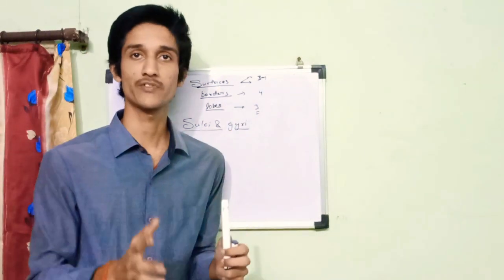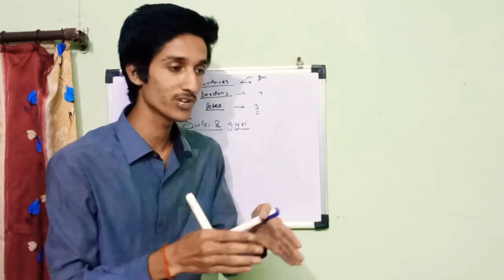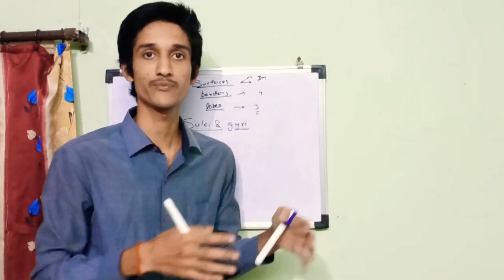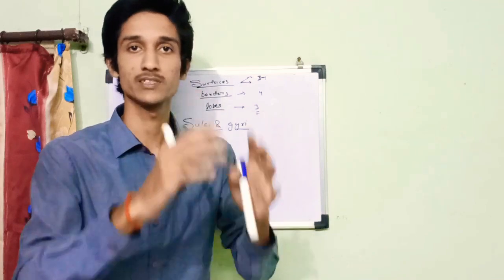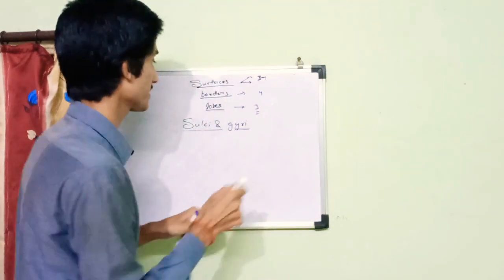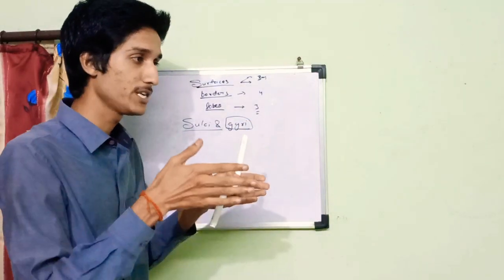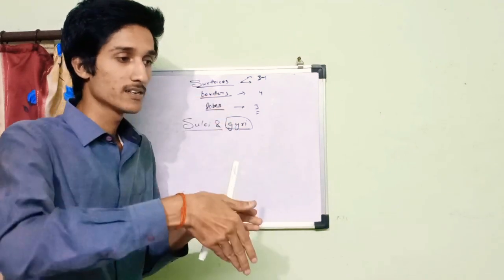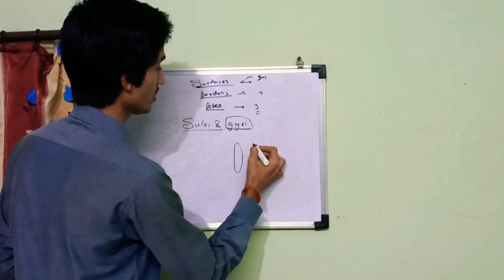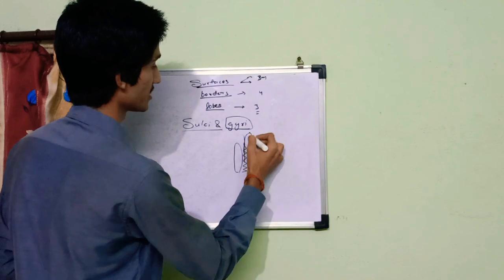A perfect definition of sulci is a valley like depression. A valley like depression means a valley going between two mountains. Just imagine there is a mountain on one side, a mountain on the other side, and a river flowing between the mountains. Those mountains are actually the gyri. They are eminences, protuberances. And between these two eminences, there is a valley like depression. This depression is the sulci, a valley-like depression.